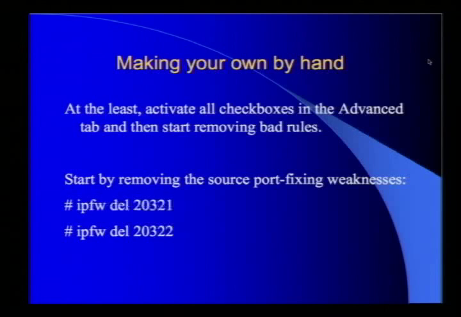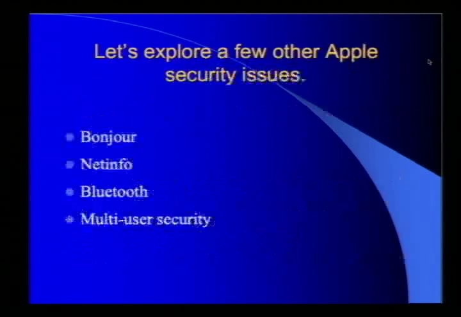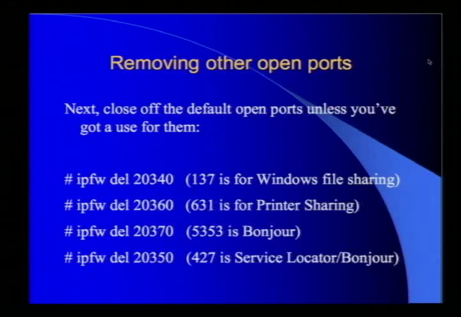So, anyway, if you had to fix your firewall by hand right now, at this very moment, so you could get back on and get your web fix, your email fix, or whatever, you could just start removing the rules that get in your way. You could remove those 2 gaping holes where anything's allowed as long as it comes from the right source port. And then you could remove those other holes we were just talking about, the ones that do Windows file sharing, printer sharing, Bonjour, SVRloc, okay? So you can fix your firewall. It's actually about 6 commands. That'll just basically pull the holes out. Okay, you have to do all the GUI clicking first, but that'll get you there. Okay, that's just the manual quick fix.